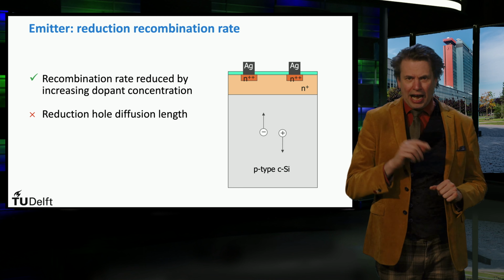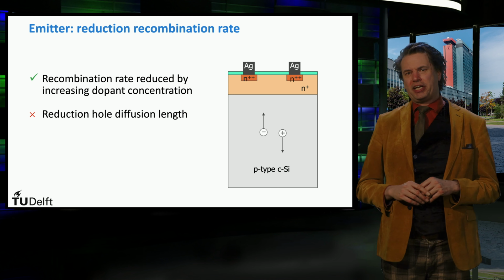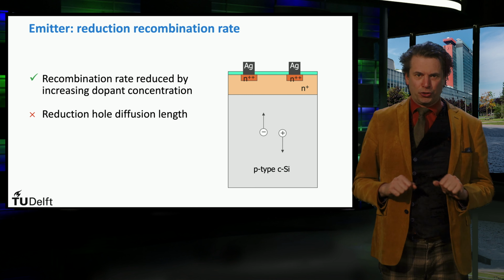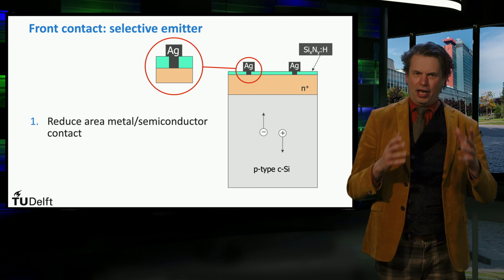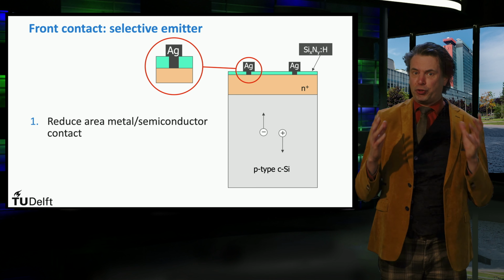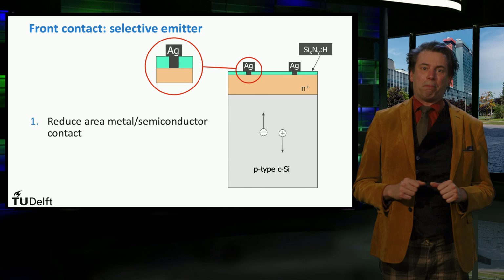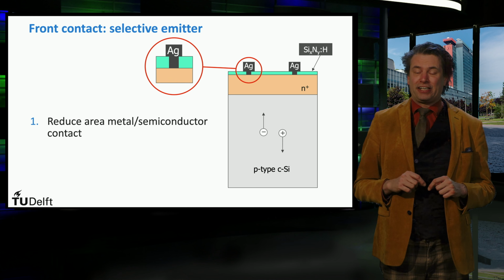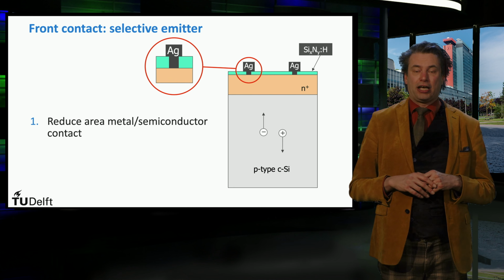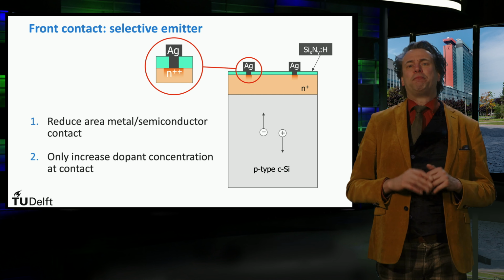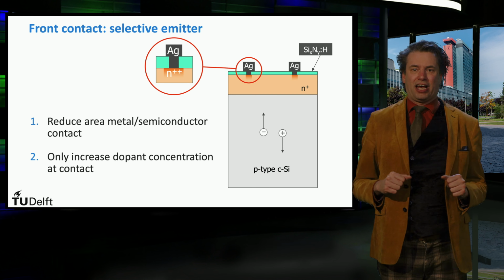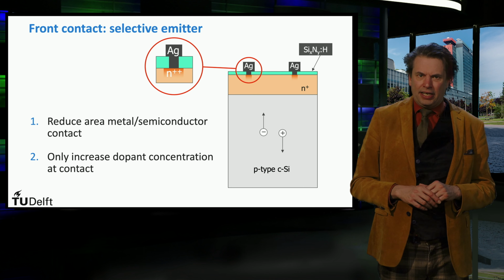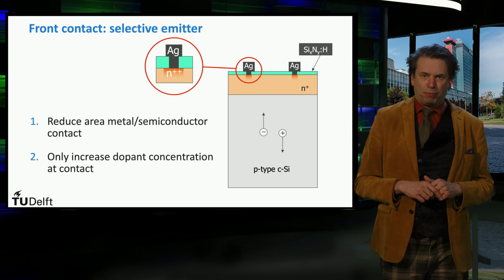Again, high doping levels can reduce the recombination velocity at the metal semiconductor interface and reduce the contact resistance. As a consequence, it is preferred to reduce the area of the interface between the metal and the semiconductor to minimize the recombination at the interface defects as much as possible, and to have the emitter directly under the contact as heavily doped as possible. This higher doped region is indicated here by N++.